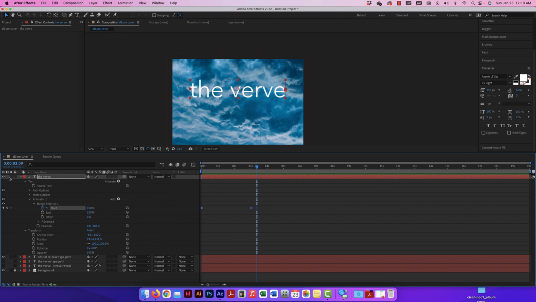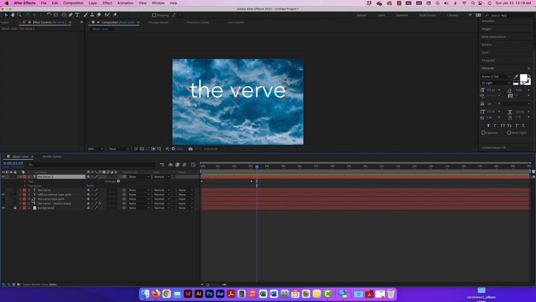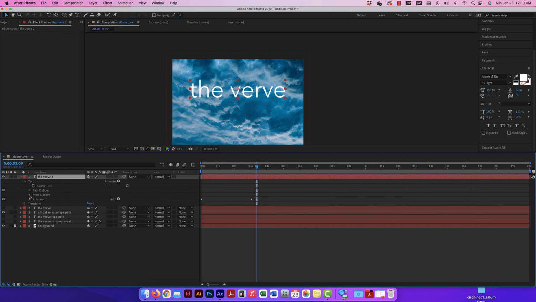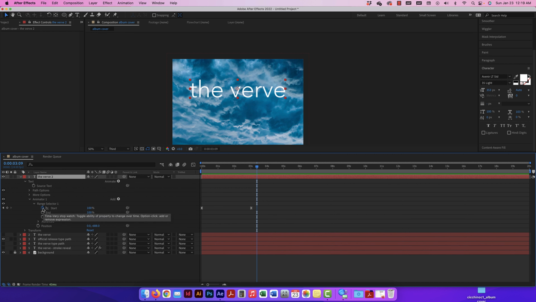And the other way I'm actually going to duplicate this to show you a few different ways. I'm going to Command D and duplicate this layer. I'm going to shut the last one off, twirl down this one. Now instead of doing it this way, I just want to show you another option here as well. I'm going to twirl down my animator 1, range selector 1, and I'm going to shut off these ones, or just get rid of it. I'm going to do an end